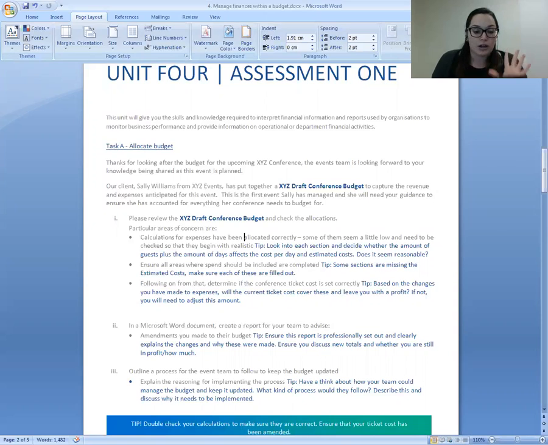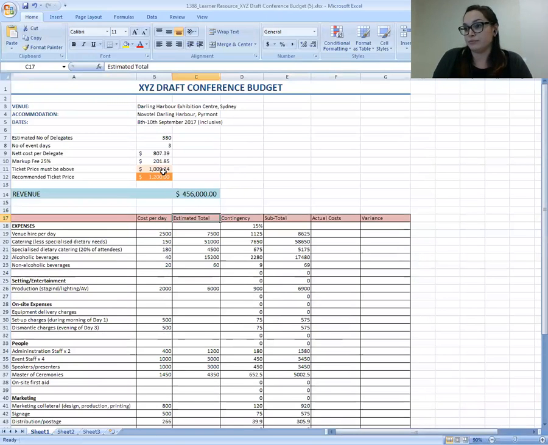So again, that ticket amount at the top here, this is all going to change. So you've got your recommended ticket price, the price must be above, and then you've got these two numbers here. So maybe the net cost per delegate is going to change. Your markup fee might still be 25%, so you'll keep it at that. So then of your new amount, what is your markup fee then, which will indicate what the new ticket price